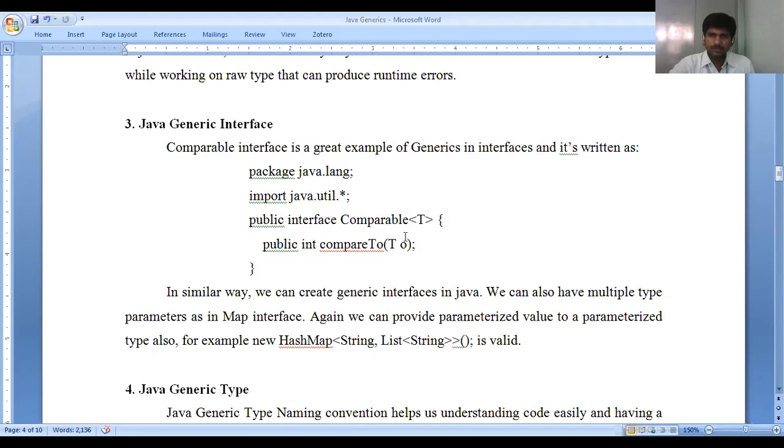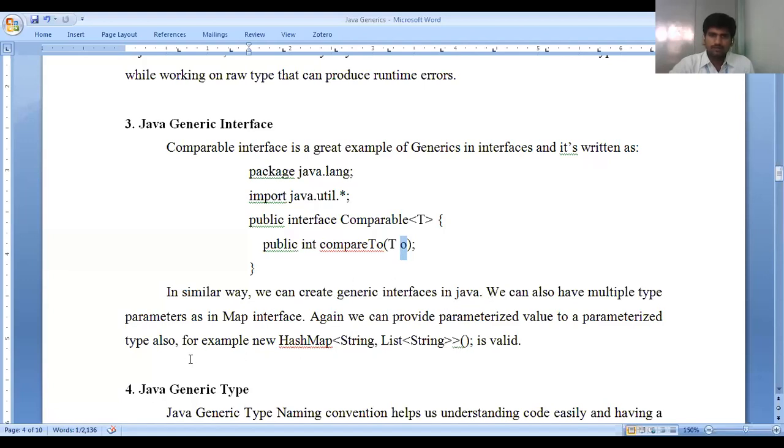This Comparable is known as a generic type. So the generic is going to be mentioned with some parameterized T. What is the T we can write in the code: public int compareTo(T o). In this similar way, we can create a generic interface in Java.